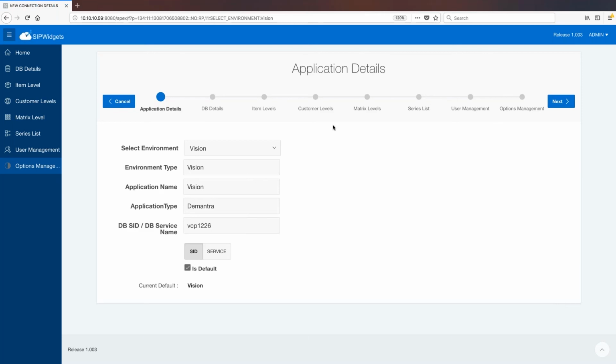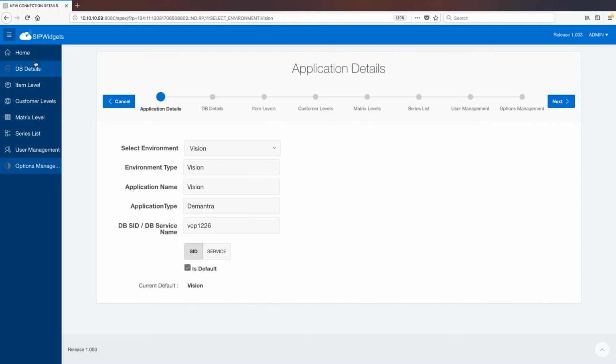It provides a wizard-based approach to import item, customer, and matrix level functions or hierarchy information. Of course, this is a one-time setup which the user would have to go through, and they can also import series and user management data as well. It also has an options management section where you can tailor this application to your typical or even atypical requirements.